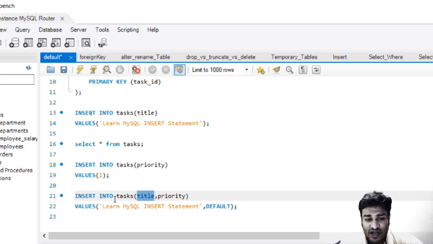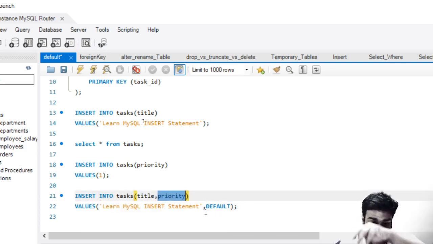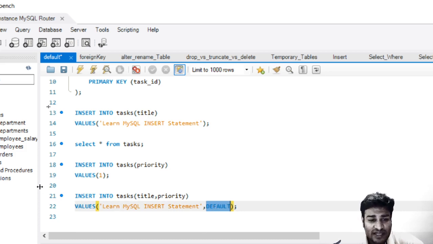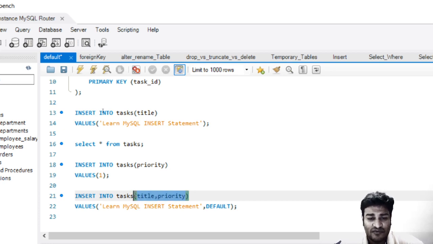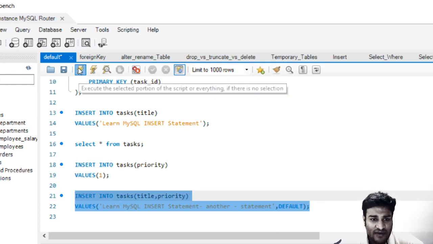So this is the first column, this is the first value, this is the second column, this is the second value. Anyhow, we will be discussing the insert statement, where we can fill up all the columns, or we can select the columns which we want to fill, and then we need to mark up the column list and the value list. So I will just go ahead and run it again with another statement this time, and let me run it and see what values pop up.